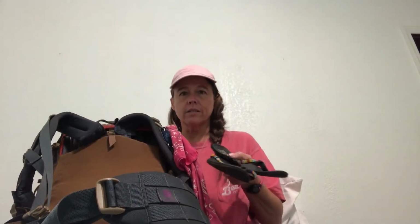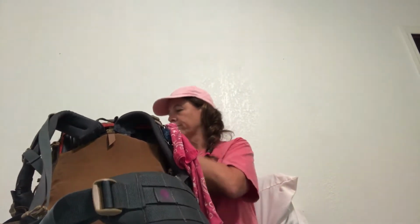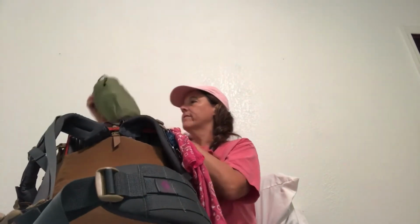All right, so I have my flip-flops. As soon as I get to the campsite or the shelter, wherever I'm at, I'm taking my shoes off because they're always so wet, and I'm putting these on, and they are awesome. They're just regular sandals. Then I have